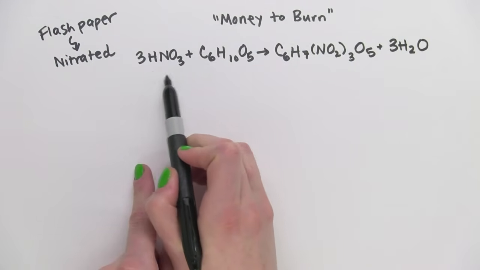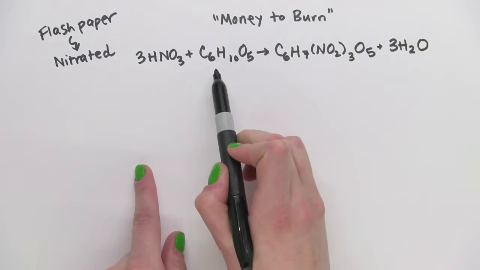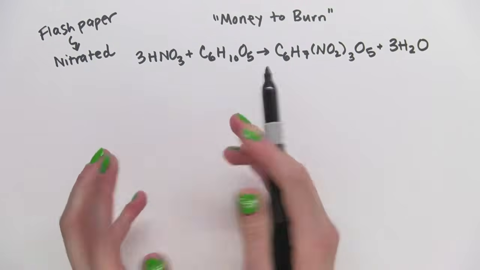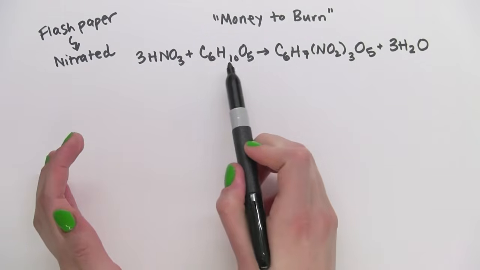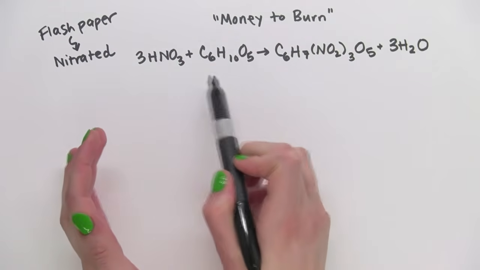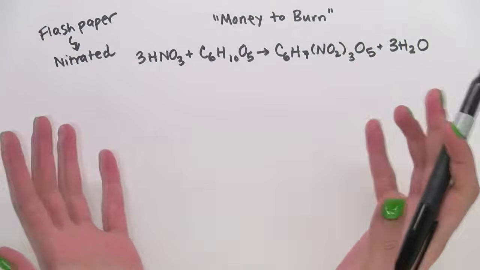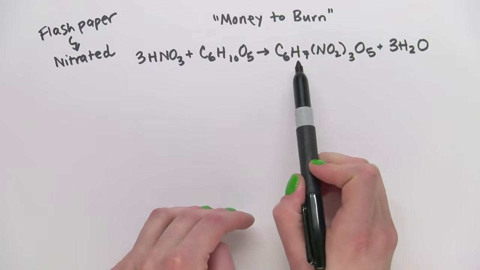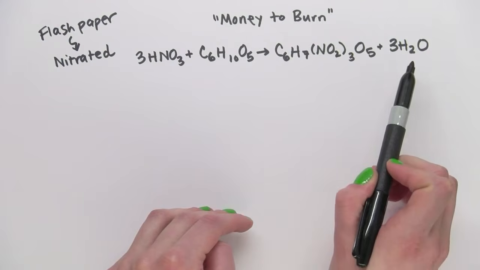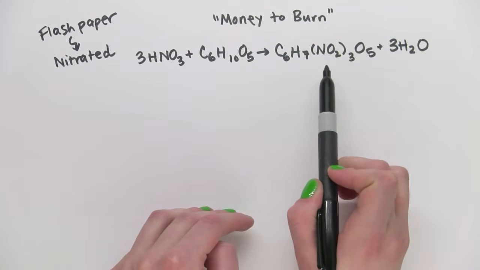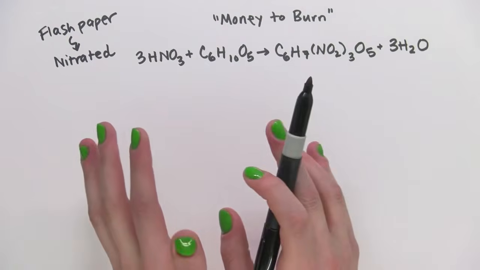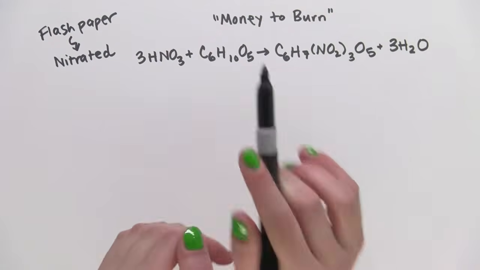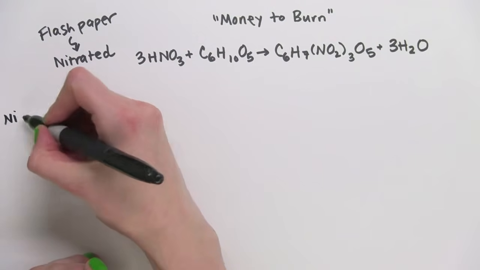So our nitric acid here mixes with the cellulose. Now this is actually just one unit in the big polymer that is cellulose. It's got lots of little units of C6H10O5. So in this equation, I'm only writing one unit. And that's creating nitrated cellulose and water. Now the nitro group, the NO2, is the reactive group, and it can be very reactive depending on the molecule that it's in. You've no doubt heard of nitroglycerin,